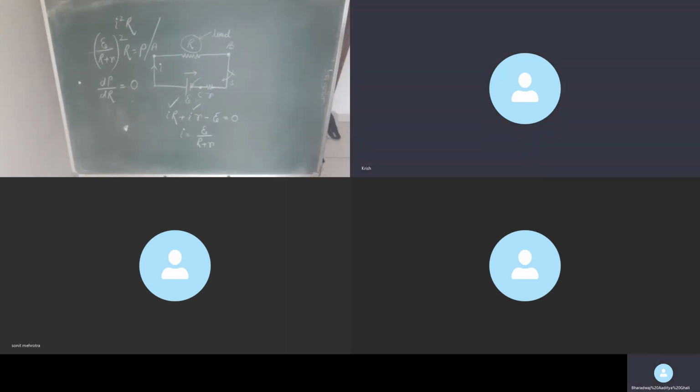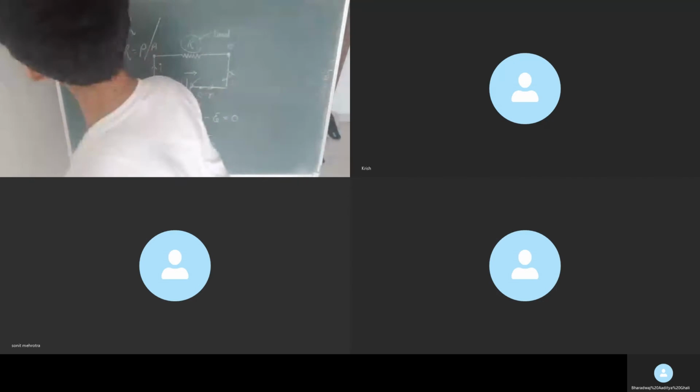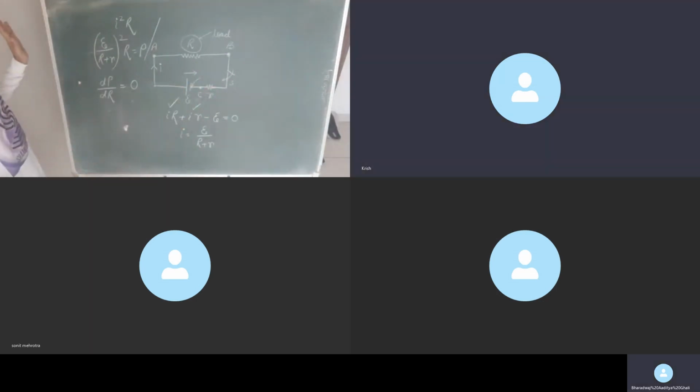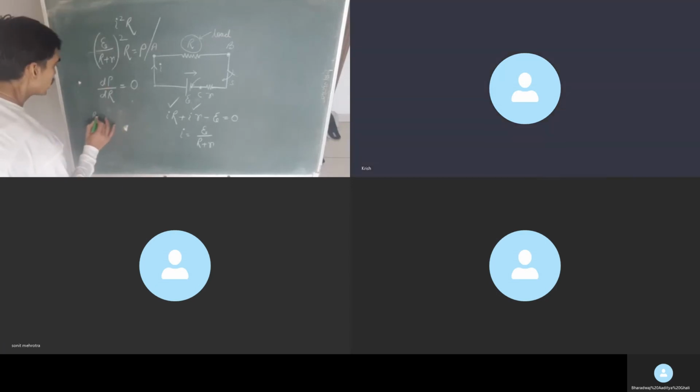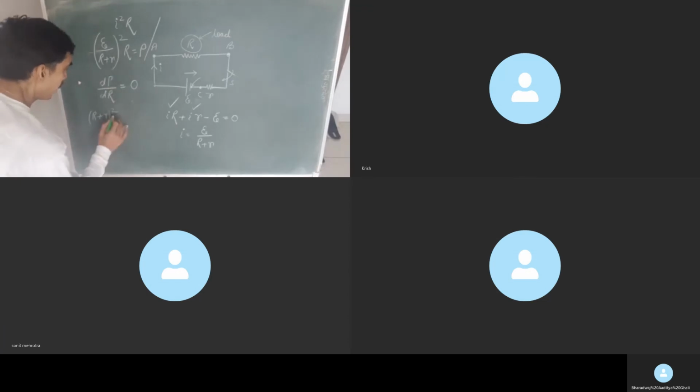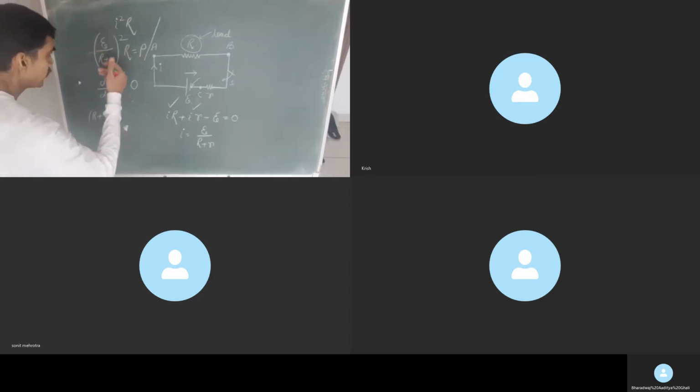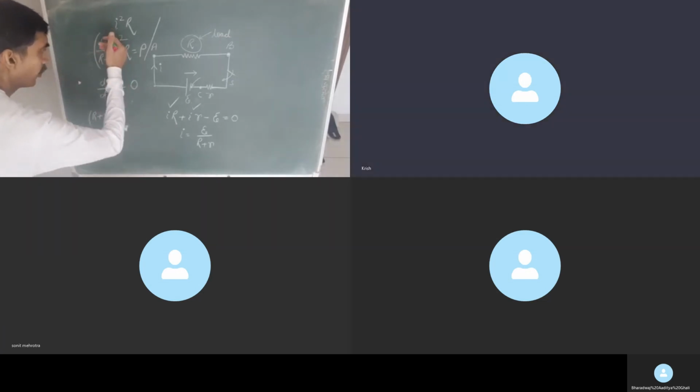Why capital R? We have access only to capital R. I have told you we cannot change an iota in small r, right? Yes, sir. So we get from here a differentiation equation to 0. When I equate the differentiation to 0, see what I get. R plus r whole square as it is. Differentiation of R. This is the U by V form, correct?